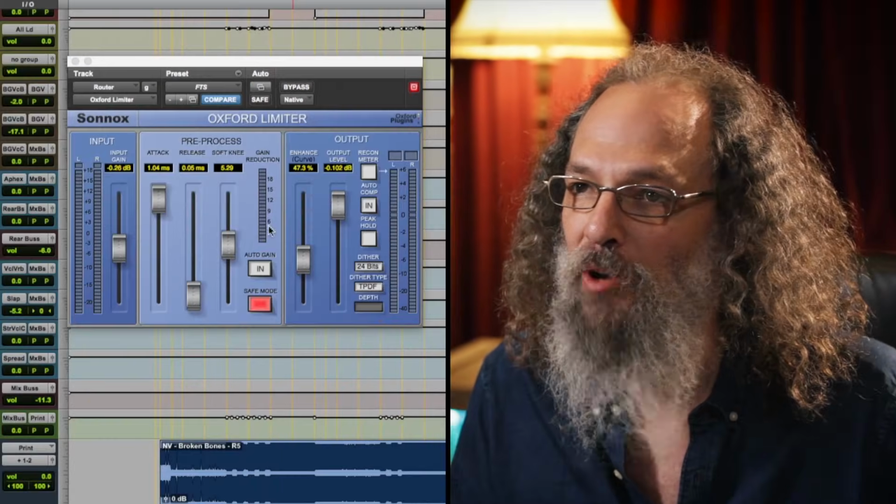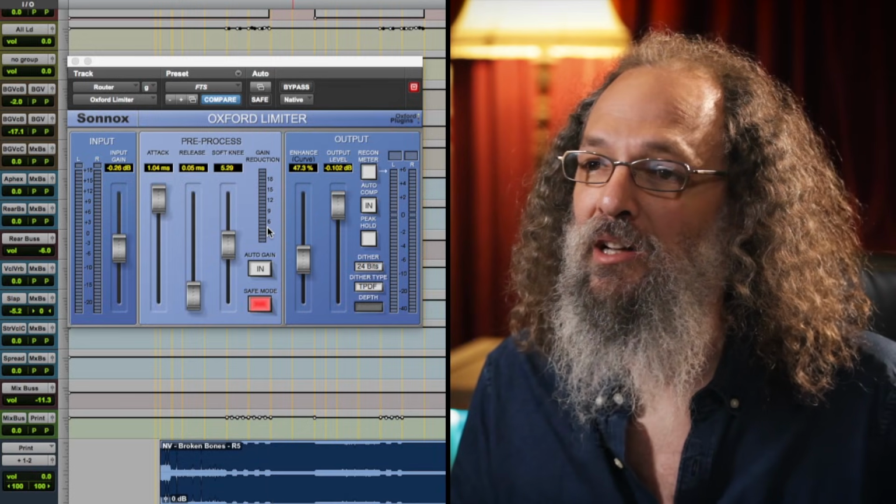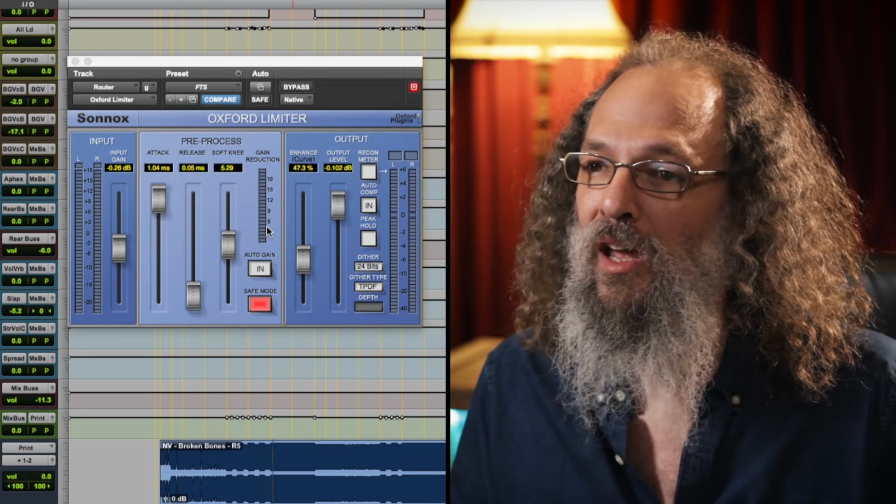You can see in the middle, it's probably getting up to 4 or 5 dB of gain reduction on those peaks. And that's really a big part of the sound of this mix. Sometimes it's a lot more subtle. You take it off and all you really hear is that you're losing the inflator, but in this case it's actually doing quite a bit of limiting.